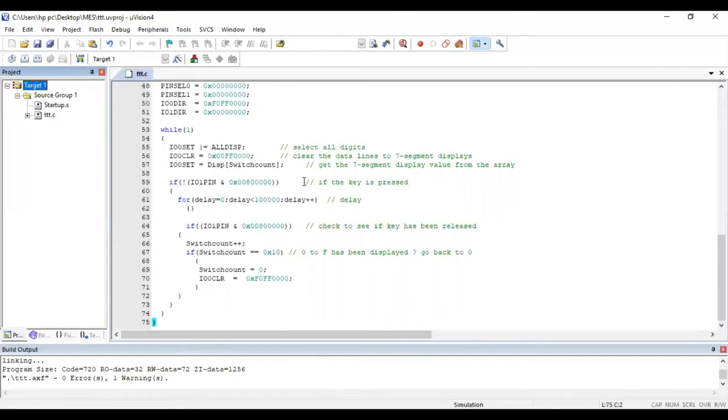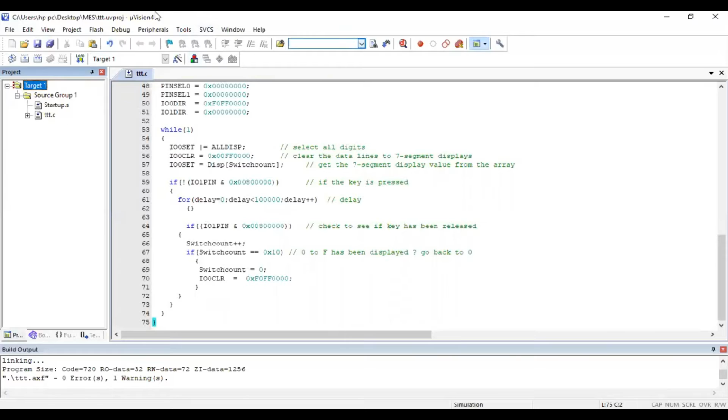Once your file is ready for execution, this particular program you need to send to the board, because this is a hardware program. You have to execute it on the board. You have the LPC2148 evaluation board, and on that board this program will be executed. Now how to send this program to that board? You cannot send the program as it is. You have to send the executable file or the machine code. The creation of the executable file or machine code means creation of a hex file. So you have to create a hex file.